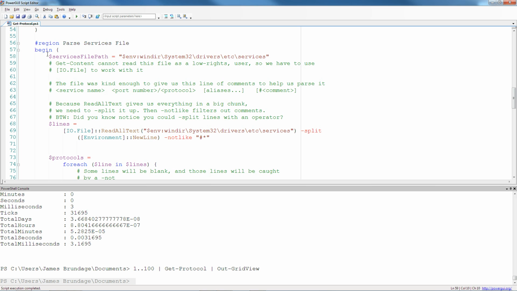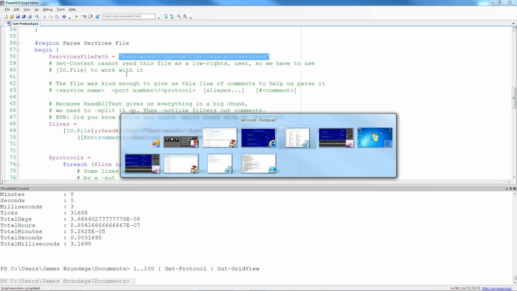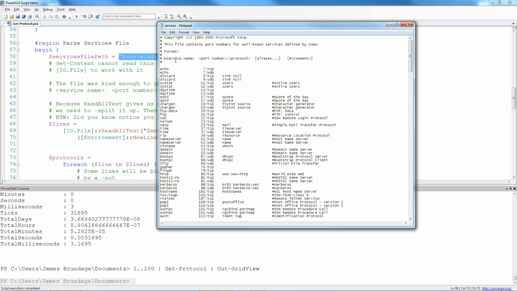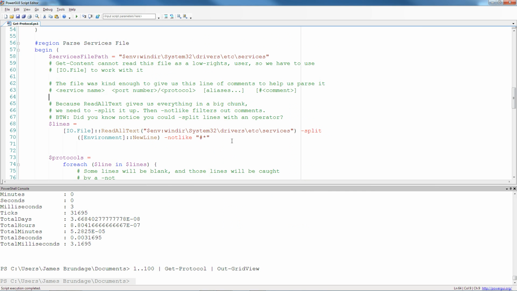Now, in the begin block of the protocol function, I parse a well-known file, and it's nice enough to give me a little banner telling me the format. It's a very simple, easy example of parsing in PowerShell. I chose to parse this mainly without regular expressions because I don't like complicating code with regular expressions. A lot of people have joked to me that if you try solving a problem with regex, you have two problems. And so what this does is it uses built-in PowerShell operators and operator tricks all throughout to parse and